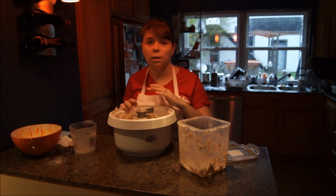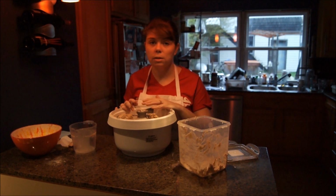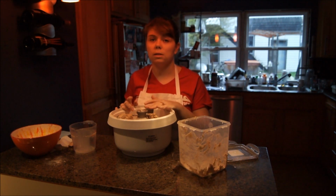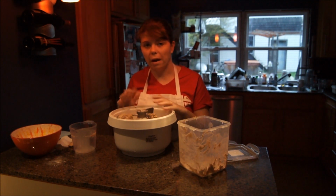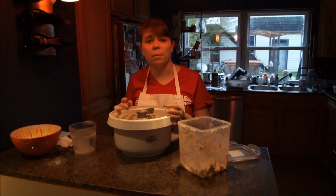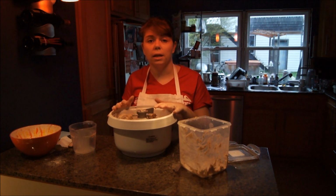If you're doing it in a mixer, it's probably going to take about 10 to 15 minutes of kneading on the mixer. Again, just check it after probably about 10 minutes and see where you are, and then if it's not ready yet, knead it for maybe another 4 to 5 minutes and check it again every 4 to 5 minutes after that. So I'm going to put mine on the mixer, and after it's done mixing and has passed